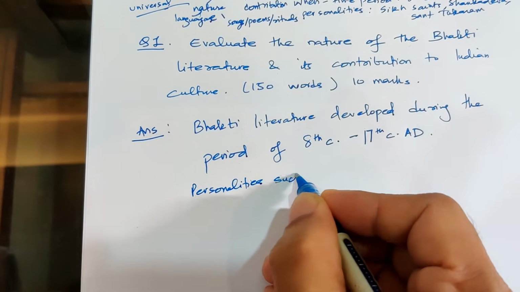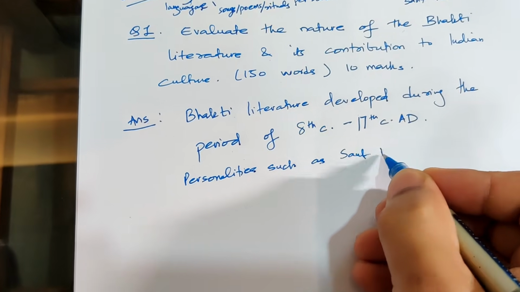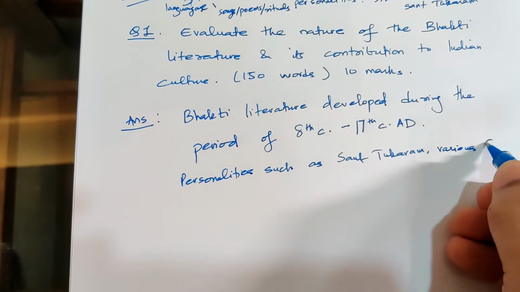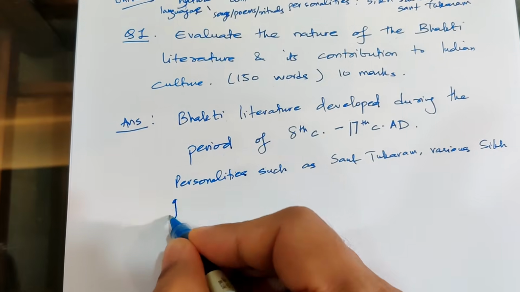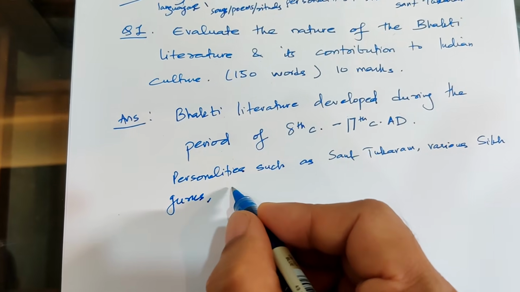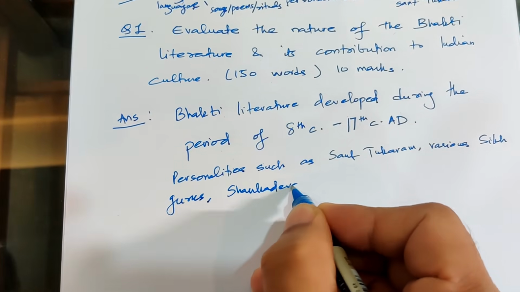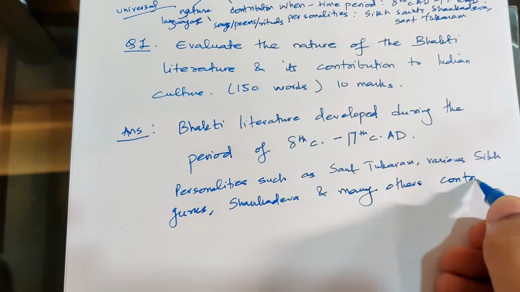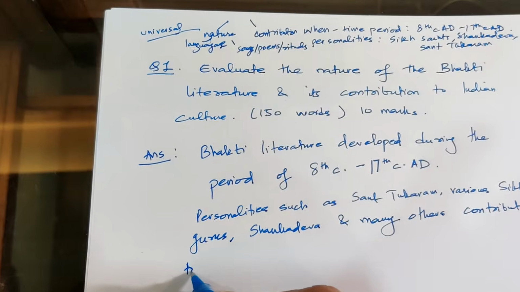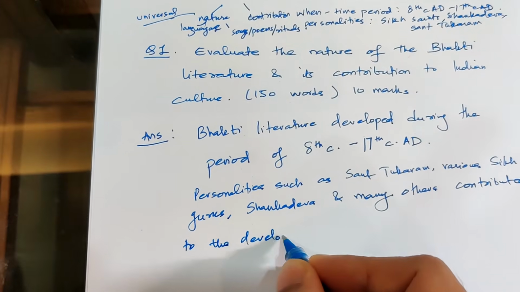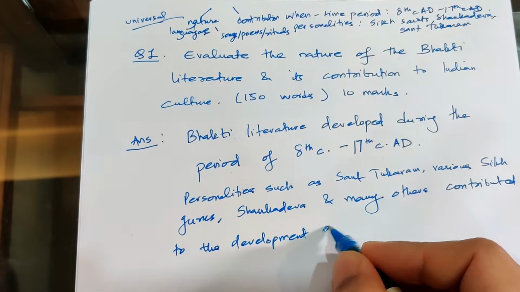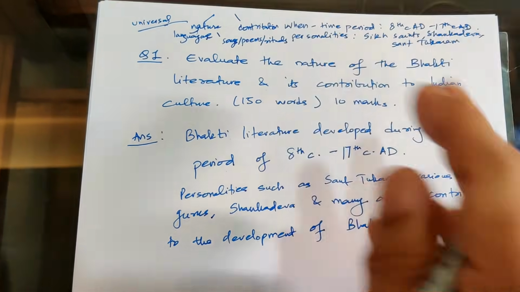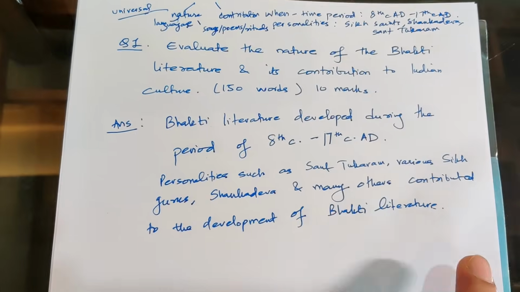Personalities such as Sant Tukaram, various Sikh gurus, Shankaradeva, and many others contributed to the development of Bhakti literature. Alright, now remember, word limit, I should not go over 175, 180 words because time नहीं होगा